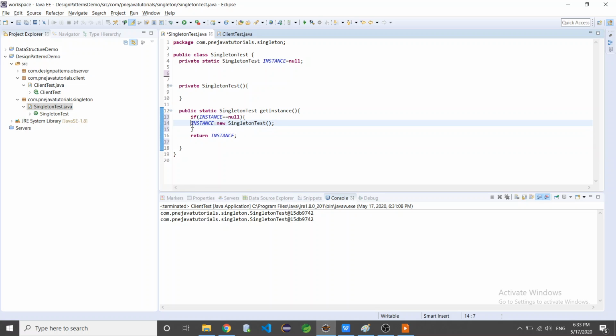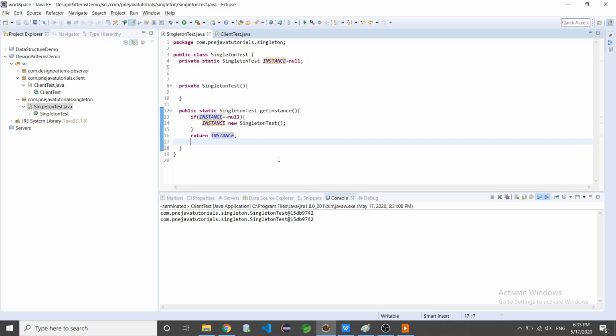So when the first object is created, it will check instance equal to null, then the instance would be created. For the second object, if the instance already exists, then it will return the same object. So this is the third point, lazy initialization.